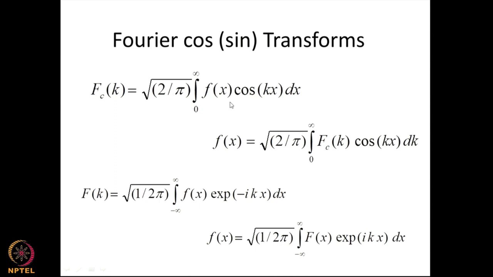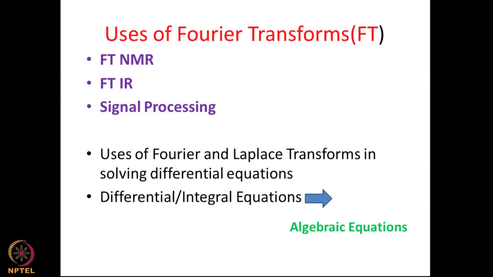Okay. So, for convergence there is a requirement that at large values of x, this f(x) should go to 0. If it does not go to 0, you will have a divergent integral. So, you can do this Fourier transform only for certain specific functions. Okay. So, that should be borne in mind. So, now let me go to some applications.